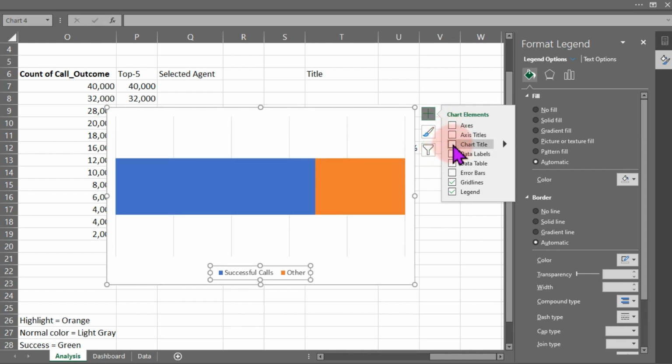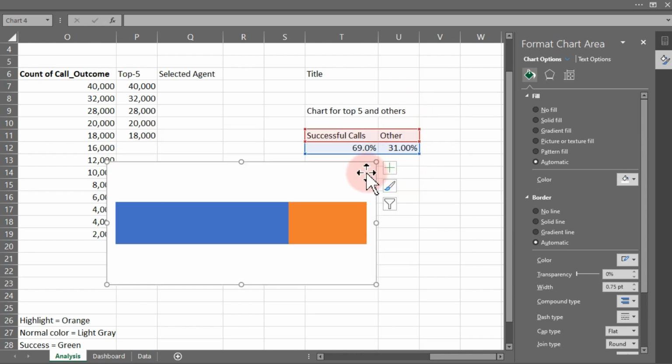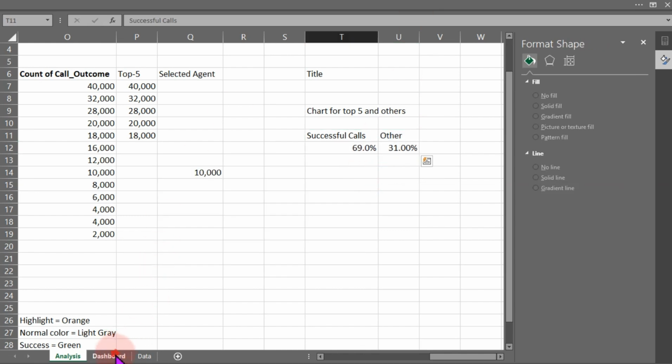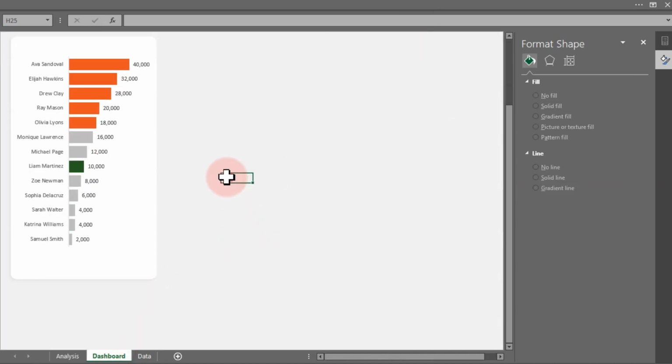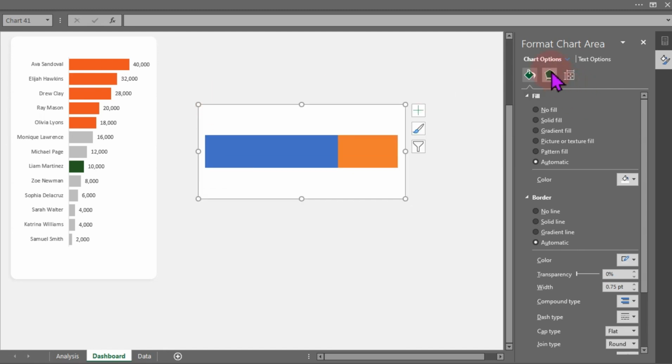So the chart title, we don't need it. This particular grid lines and the legend, we don't need it. We're going to create our own legend ourselves. So now we have this. We can Ctrl X to cut it away from here. Once we get here, I paste this here. I can go over to,